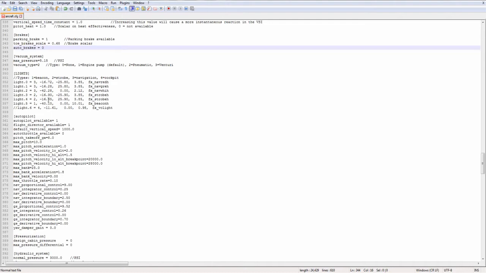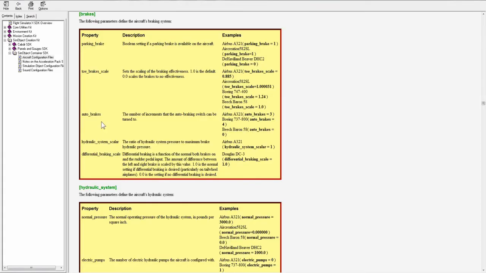0 means it doesn't have an auto brake. Now, I think the RTO position is implied. So you need to, let me see here. Number of increments the auto braking can be turned to. 737-800 has 4. The default 737 had auto brake 1, 2, 3, and max. So auto brakes RTO is implied, so you don't have to count that one. So you just set it to the number of increments it can have, and I guess the highest one it